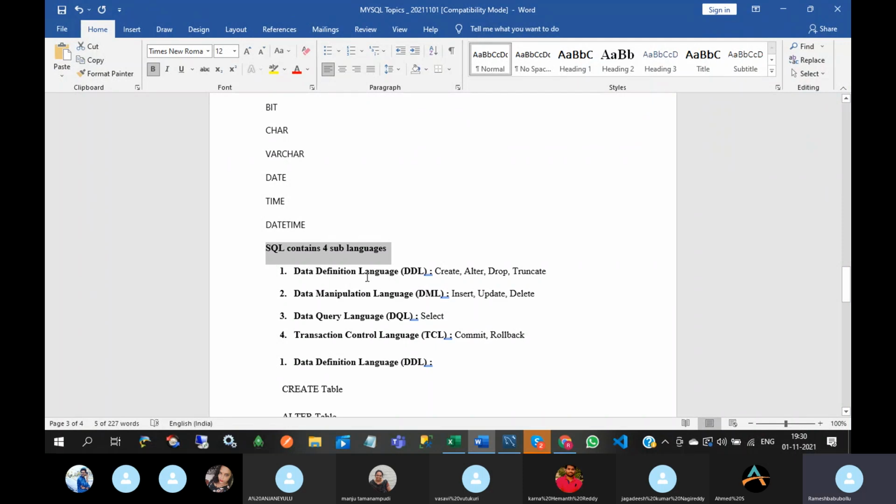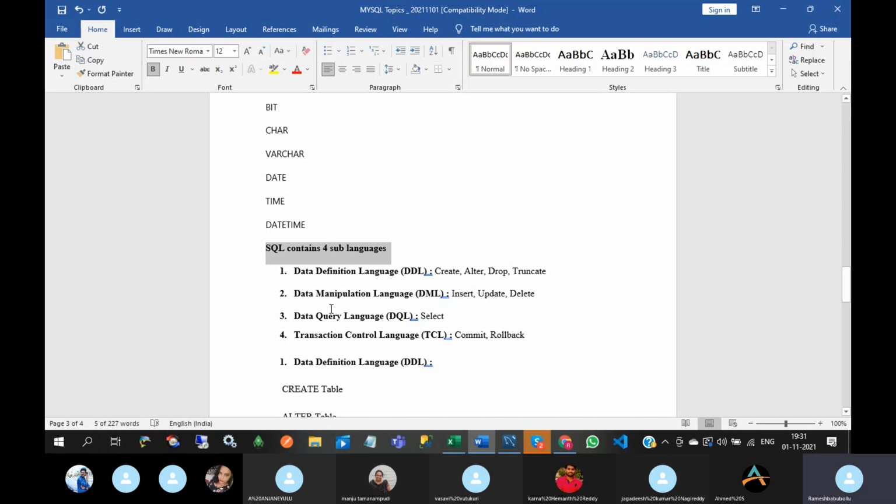In data definition language, we will have commands like create table, alter table, drop table, truncate table. In data manipulation language, we can insert data into a table, update the data, and delete the data from the table.